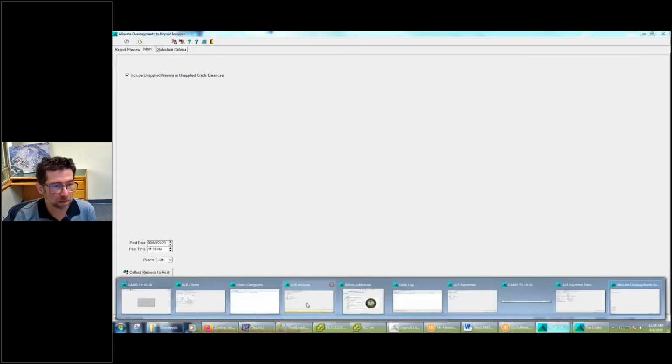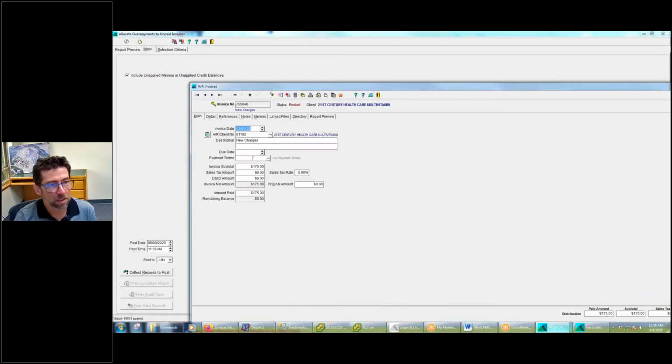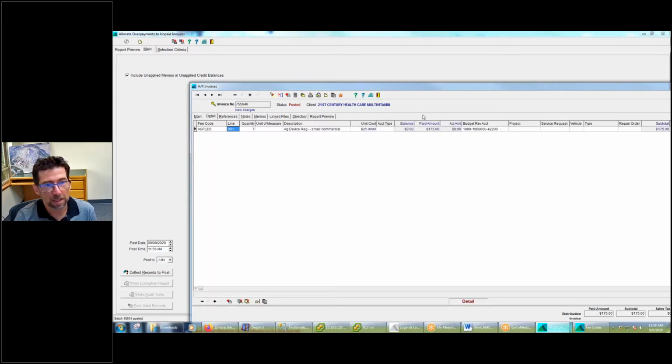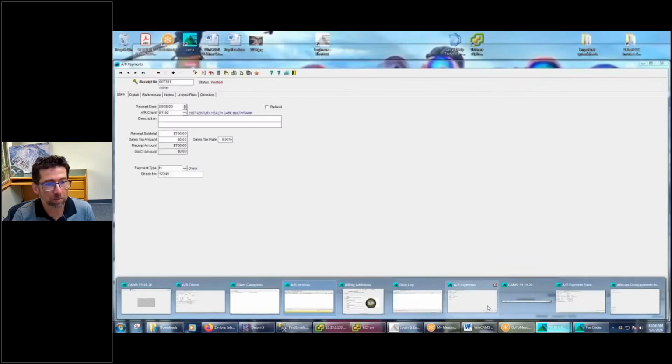And then let's go look at our AR invoice. So here's our AR invoice of $175. And it now has a paid amount of $175, even though things came in the reverse order. So that's cool. If we go look at our AR payment,